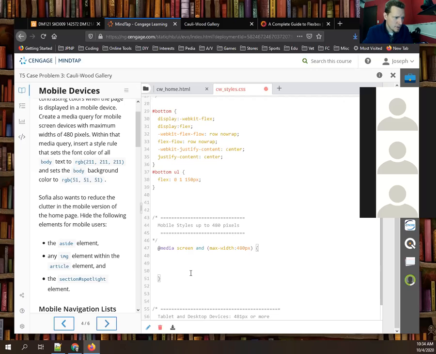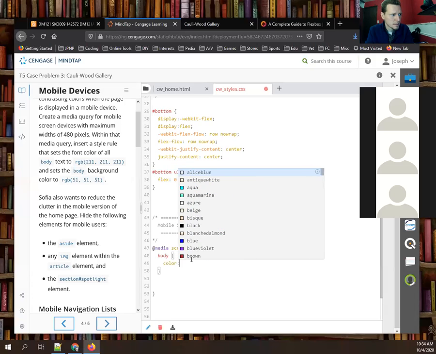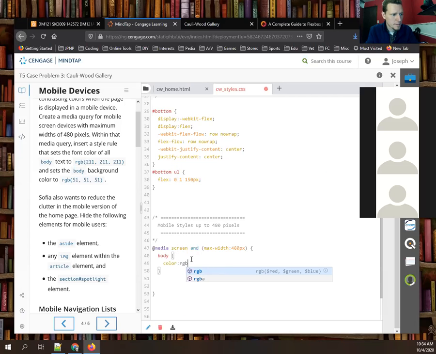Now I like to tab over so that it's easier for me to read. Body, all the text in the body, color equals RGB 211 for the red, 211 for the green, 211 for the blue, and that should be a light gray color. And then the background color,